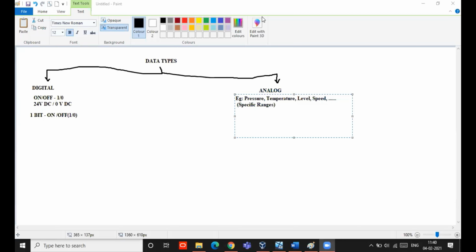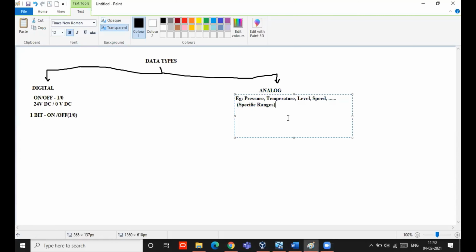I will say the pressure is this much. Increase the pressure or decrease the pressure, increase the temperature or decrease the temperature, increase the speed or decrease the speed. Whichever is increase or decrease or in a specific range comes under analog. Now, as I said earlier, for digital we use push button, switch or sensor.